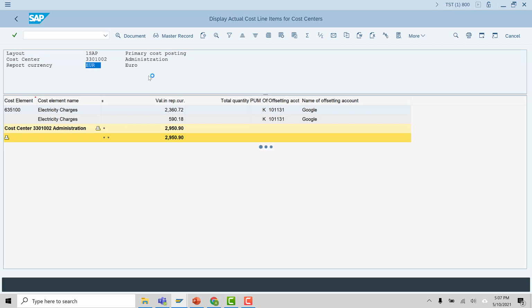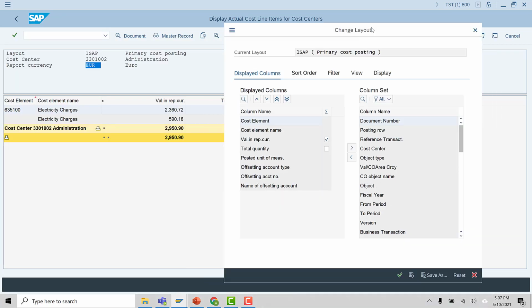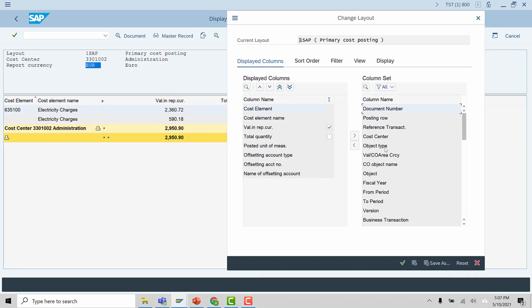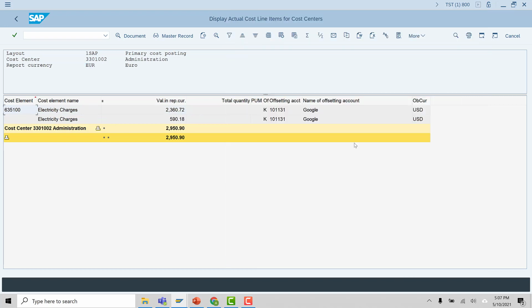Click the layout, and in the layout I should have the controlling area currency. Let's take the object currency. So object currency is US dollar, and now we will take the value in object currency.